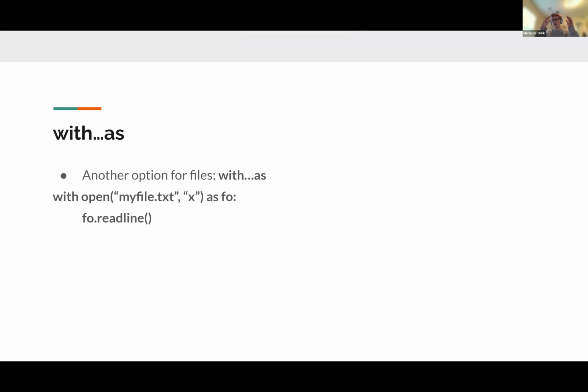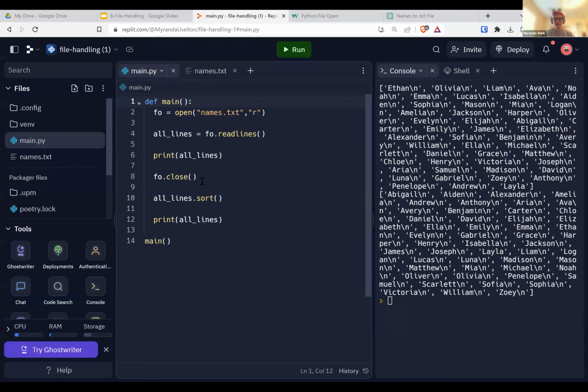So it's a chunk of code, and the purpose of this chunk of code is to open the file, and then when that chunk is over, it closes the file. The syntax of this is with open as fo. This is saying open myfile.txt and assign it to the variable file object, or fo. Then within this indented block, you can do all of your file operations, and when you unindent, it closes the file. So I'll show how to do that. This way you don't have to have this close thing here and remember to close it.